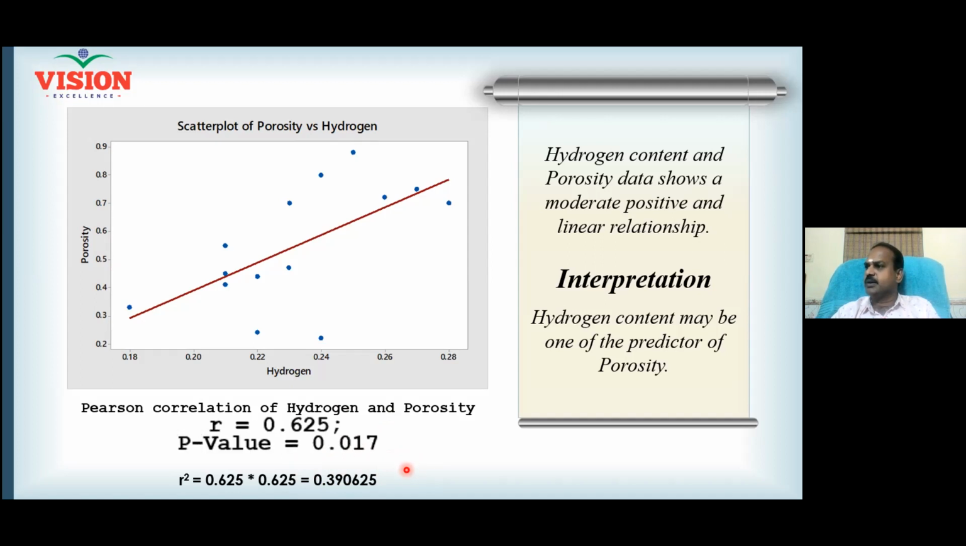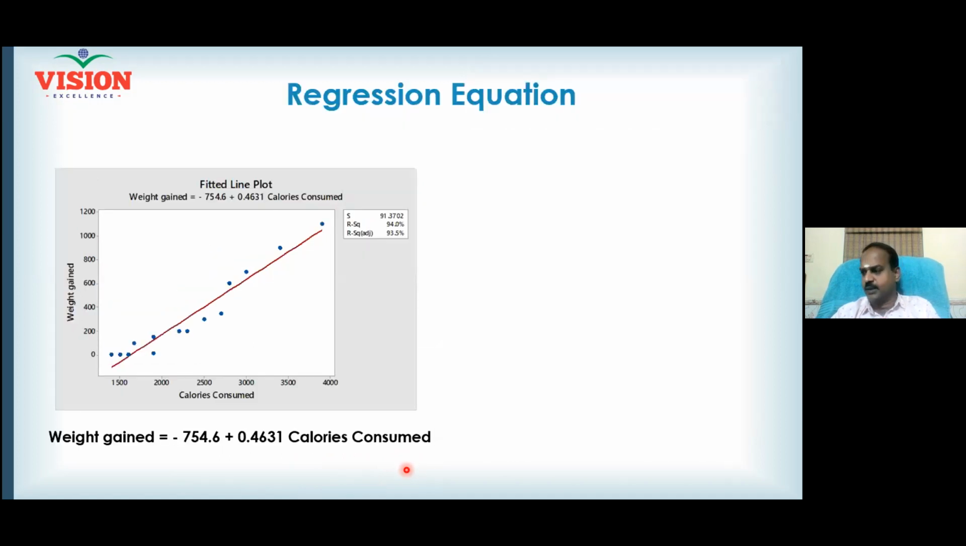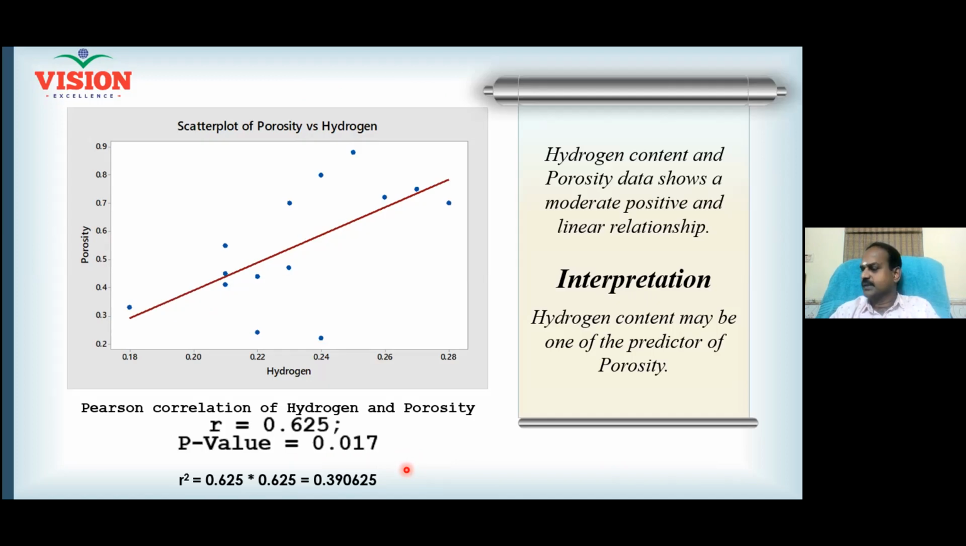So that's all about the correlation. Any doubt on correlation? Otherwise, we'll move on to regression. In some of the